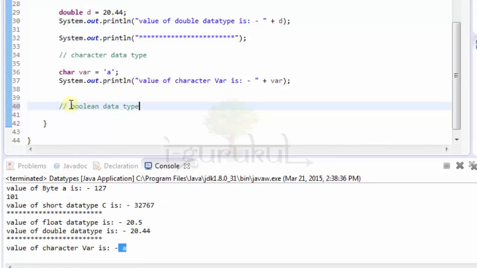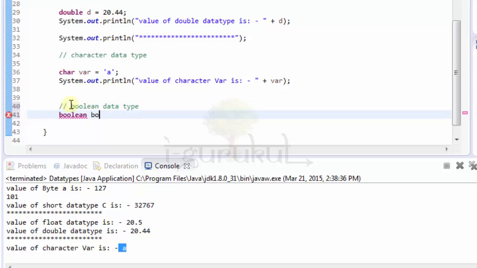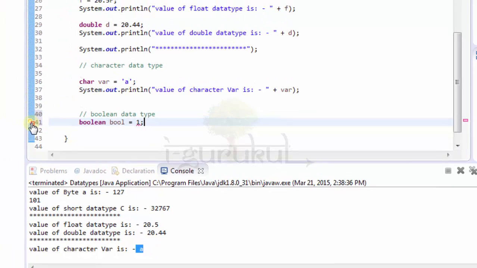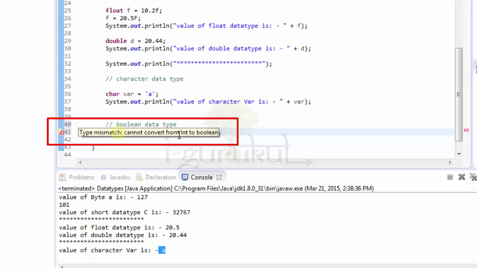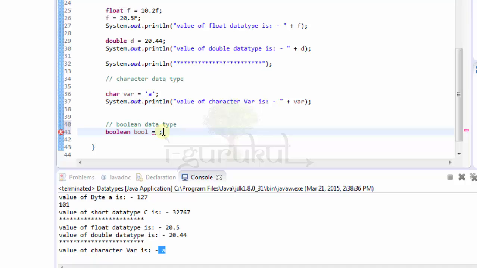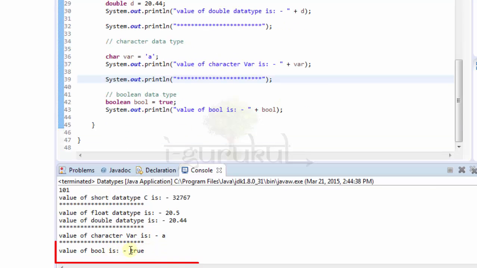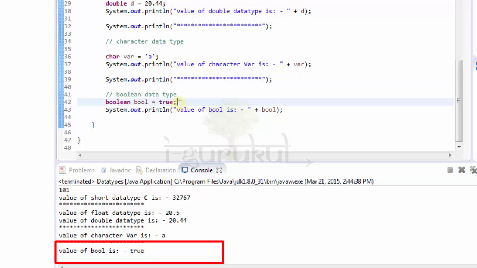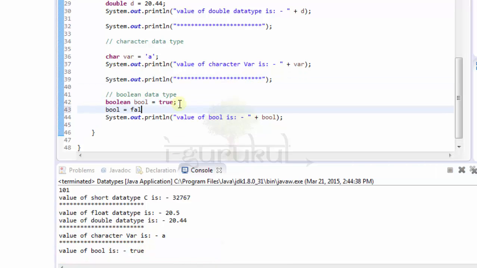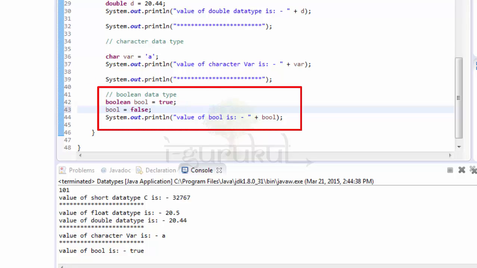So let's check it out first. Boolean type of data type, Boolean. Let's take a bool, give it a value of 1. See, what it had given me is an error. Cannot convert from int to bool. And why is it so? Because we have given a value of 1. As I have told you, it can only be true or false. So when you write true, it will eliminate the error. Okay, so let's print out the value of Boolean. See, down in the console window you can see I have got a output of true. Similarly, you can use it for false too. Bool, false, semicolon. When you execute the command, you will get your output as false.